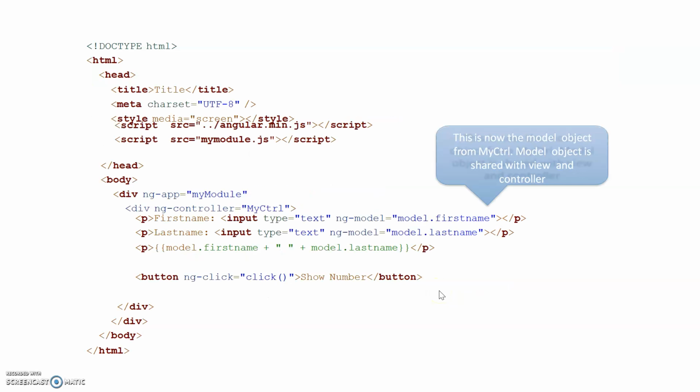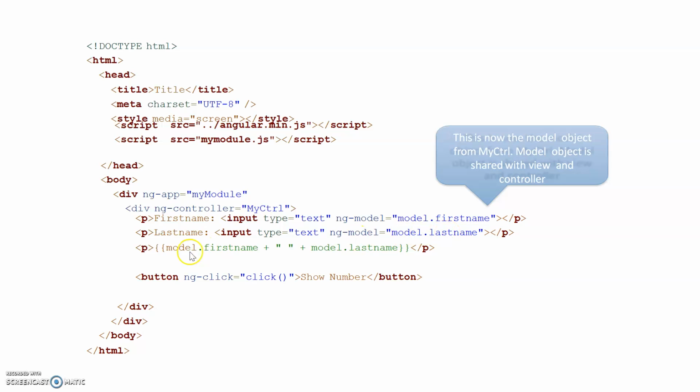So let's see what the view for this is. Inside the view, if you observe, the rest of the code is the same. Div ng-controller my control. Then first name is an input with ng-model model.firstName. So here see, this model object is used. This is the model object from my control controller, which is maintaining the contents of this input text.